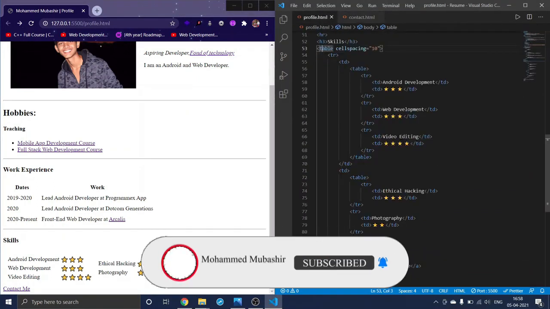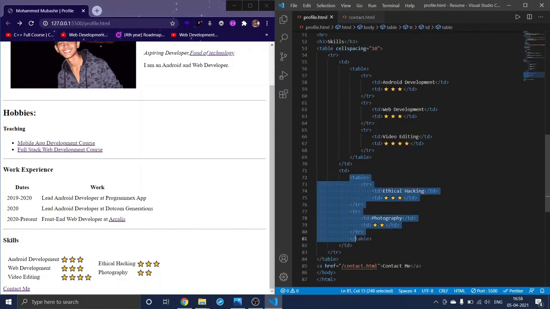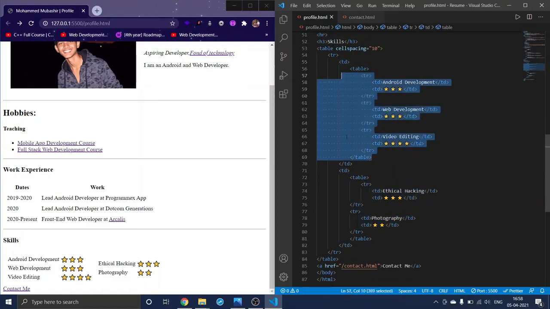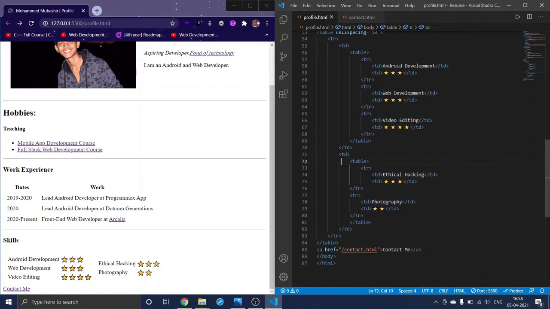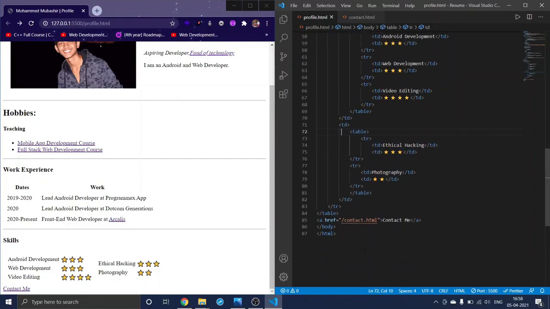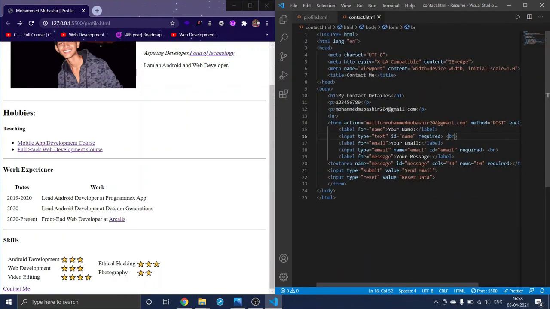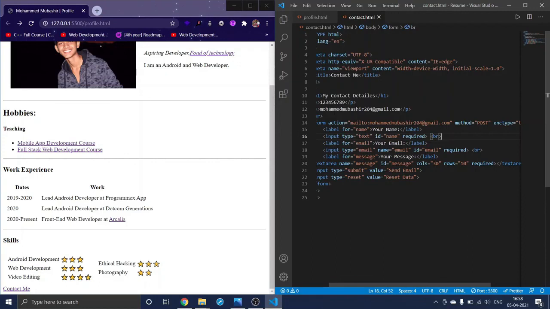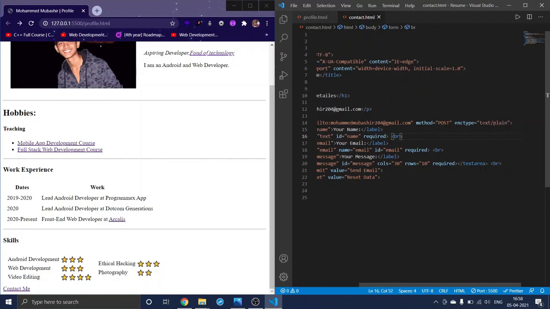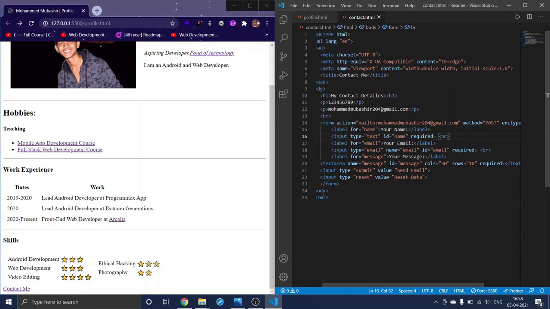Okay, in one table we used two tables here in two columns. Okay, to use a column we use TD, right? So in a TD we made a table, and in another TD we made another table, and normally we gave text and stars here. And again we made another HTML page, and in that we gave our name and email, and in the form action we gave something like mailto and the receiver's email ID. And in the method we gave post, and the enctype we gave text/plain. We'll be talking about that later.